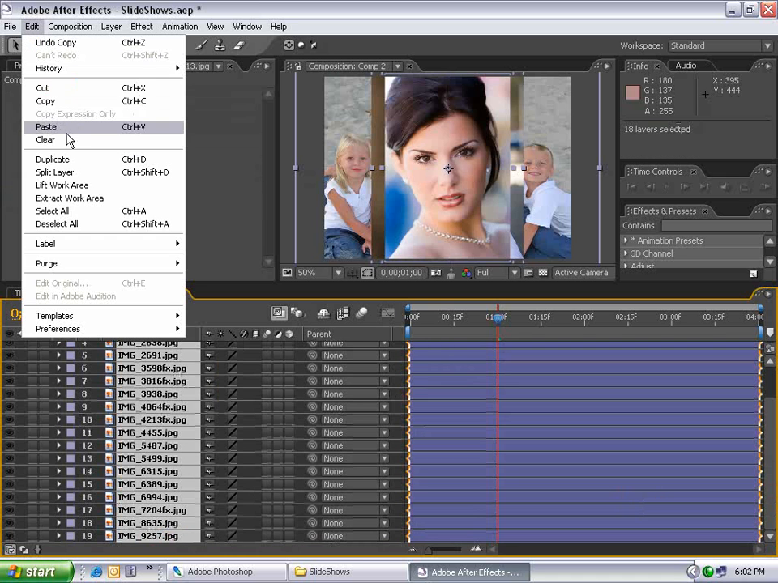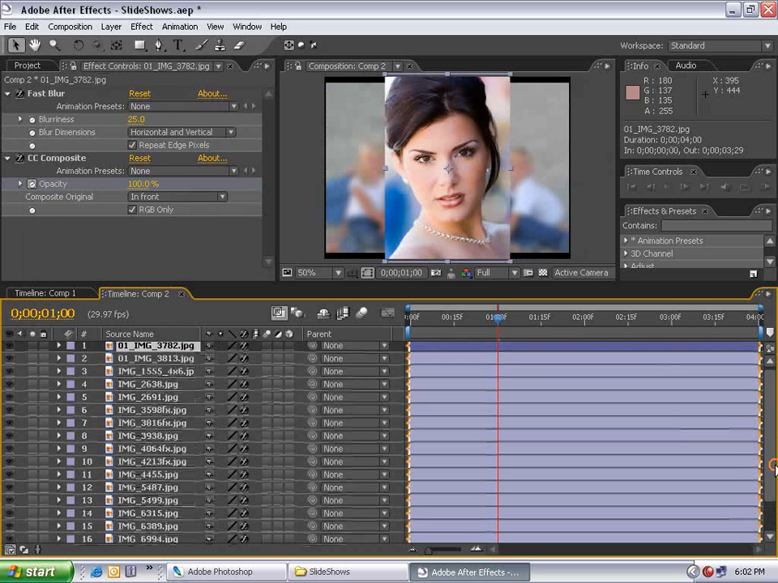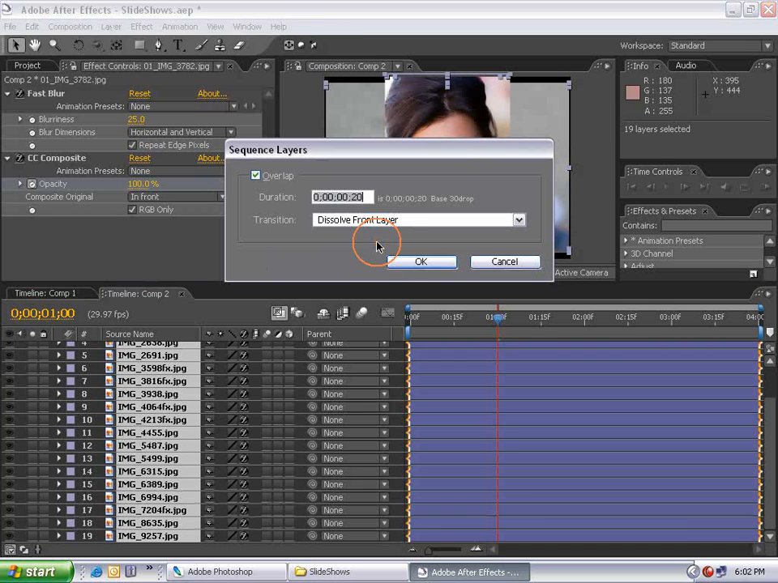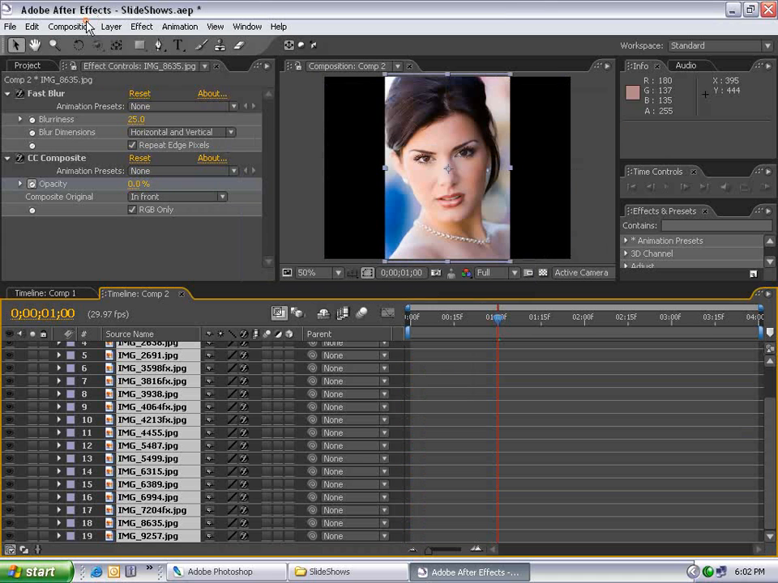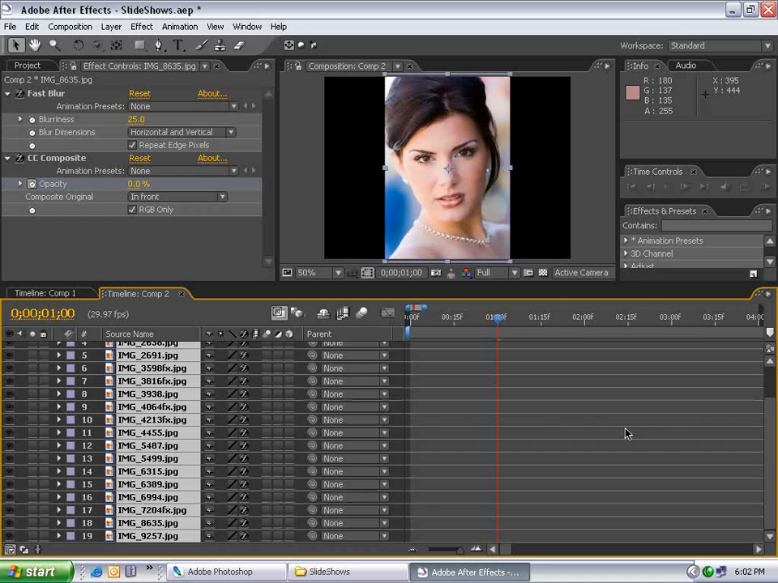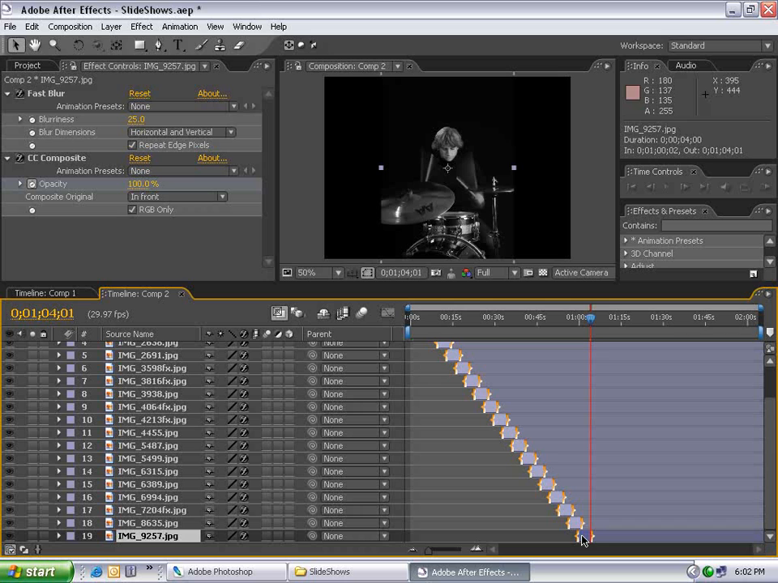select all your other layers, hold down Shift, select the last one, choose Edit, Paste, then hit the first layer, hold down Shift, select the last layer, choose Animation, Keyframe Assistance, Sequence Layers, Overlap 20 frames, Dissolve Front Layer, choose OK, Composition Settings, set the comp to 2 minutes, choose OK, zoom out, go to the last frame, hit O, hit N, right click on the work area, trim comp to work area,